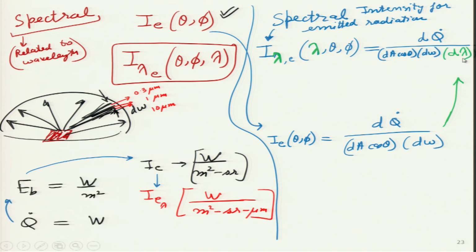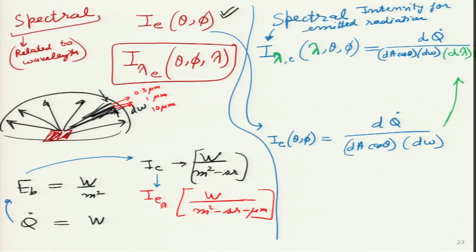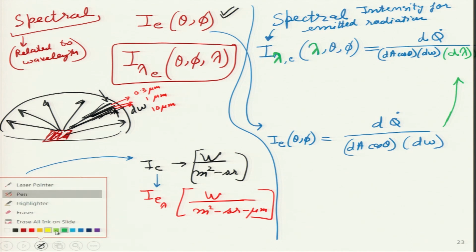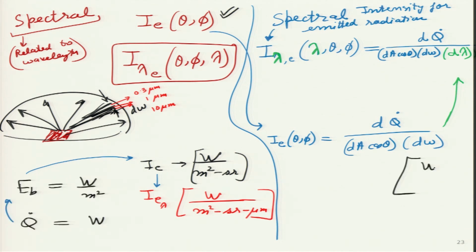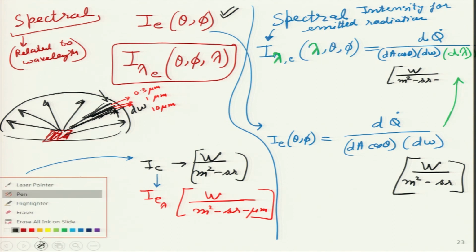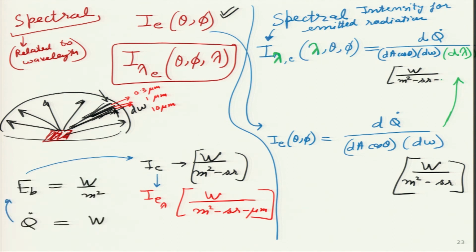that is it. So, it is the rate at which energy is leaving that particular surface per unit projected area of the surface, per unit solid angle in which it is going, per unit wavelength. So, we are just creating one more extra thing over there. Now, we can write the units also. Units over here, numerator is watts, denominator meter square, star radian, very easy. Over here same thing, watts, meter square, star radian, then the green thing will be more additional, and that thing is wavelength, given in which units? So, usually we measure it in microns. So, this is per unit micron, that is it.